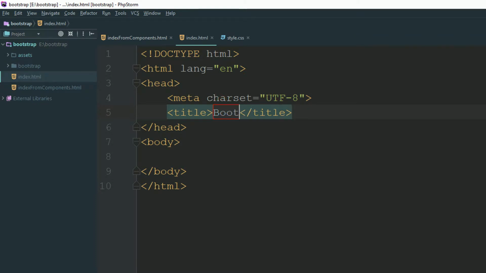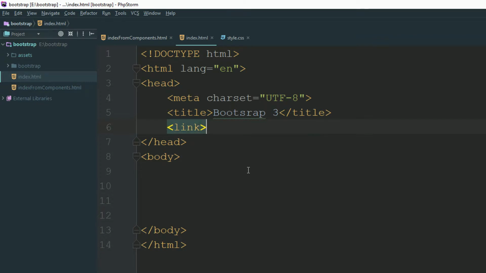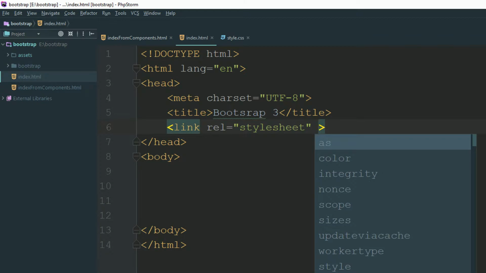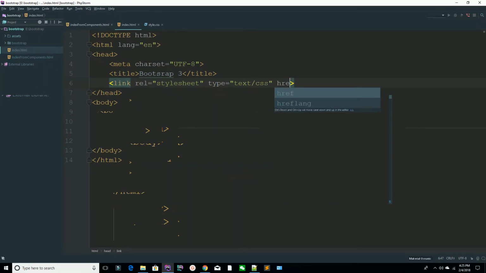This is Bootstrap 3. Now you need to add your Bootstrap files. First of all, I'm adding a link with rel stylesheet, so your browser can verify this is a style sheet, and the type is text/css. How can you add it? Go to the assets folder, go to the CSS folder,